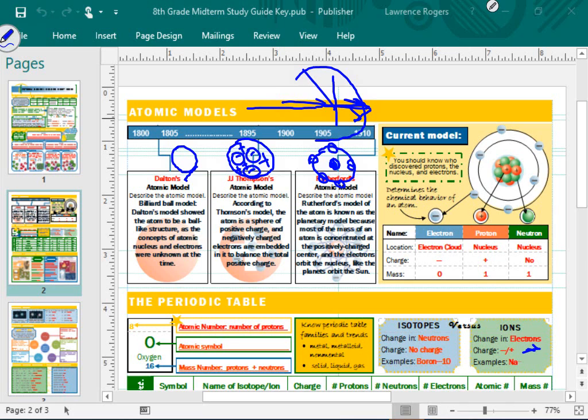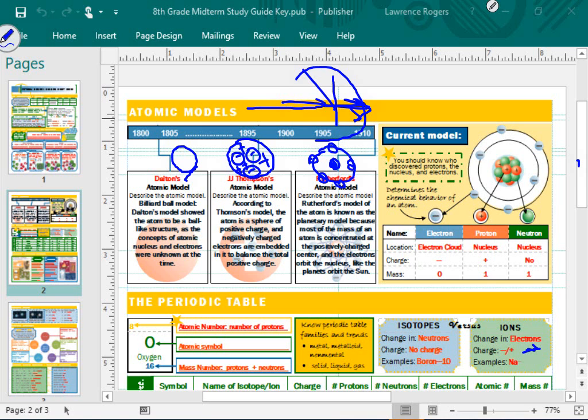We talked a little bit about Niels Bohr as well with the solar system model, where we realized that they were on different shells or different levels. All right, so that's kind of all you need to know from the atomic model, the theory of how we got to what we know as the atomic model. All right, so